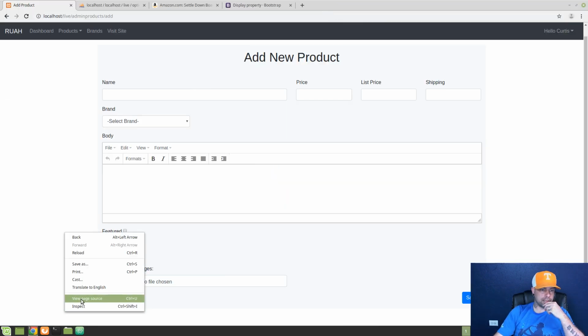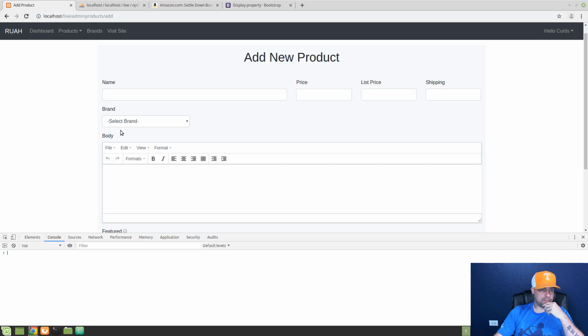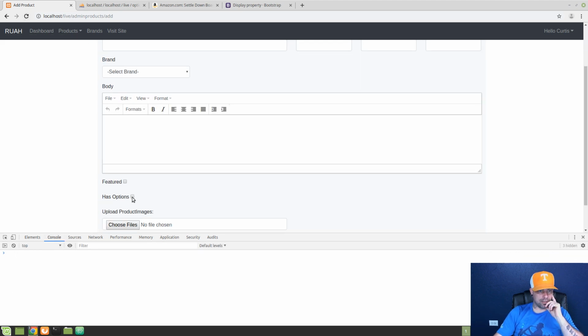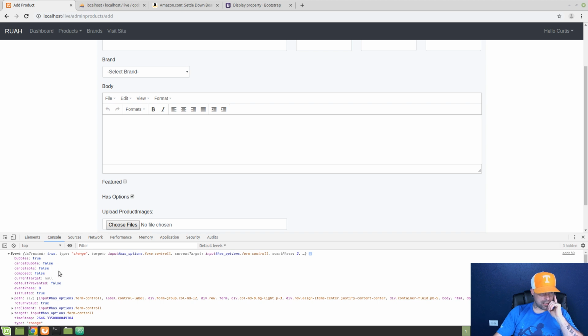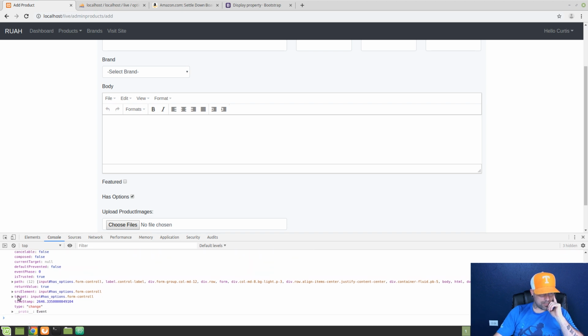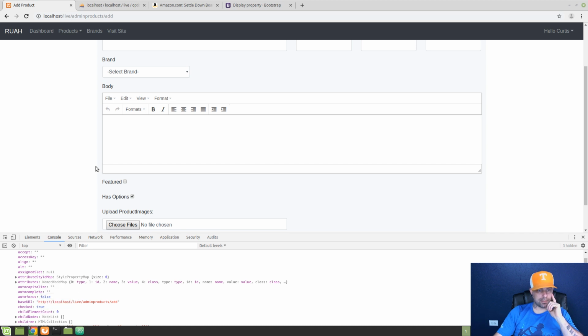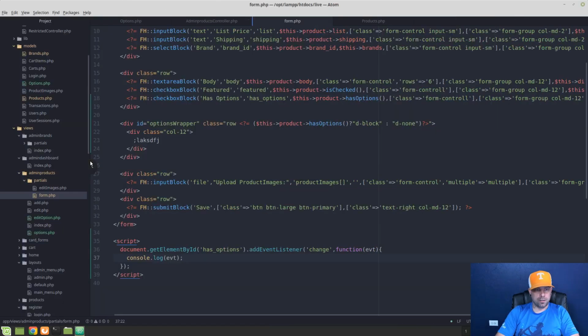I'm going to go ahead and open my console here. Let's refresh. All right, so that worked. We got the event. The type was change. So event.target.checked is what we want to look for. All right, so then what we're going to do here is we're going to say if event.target.checked,